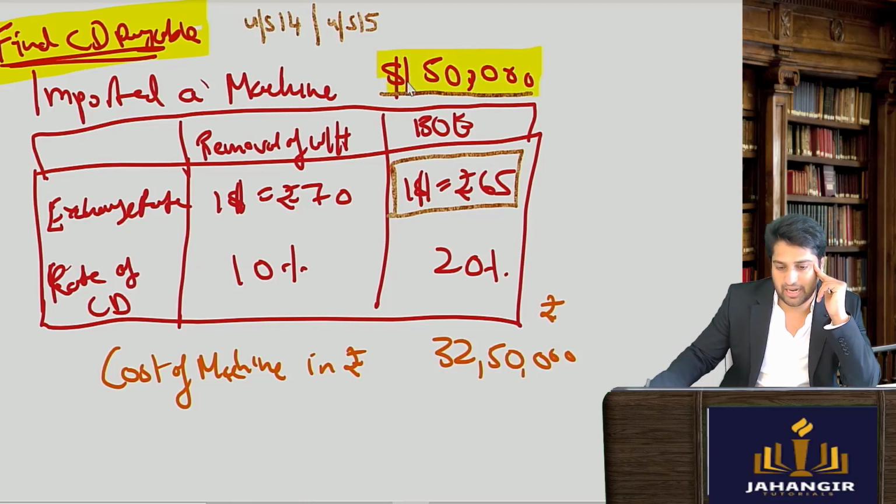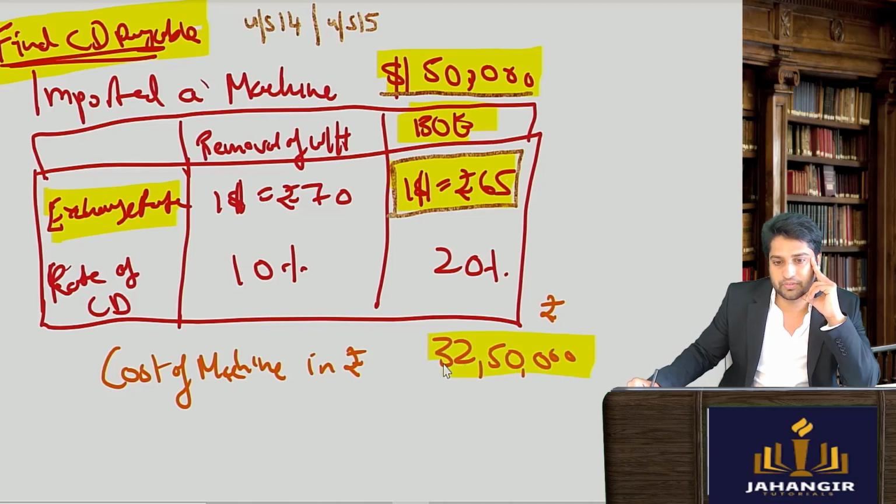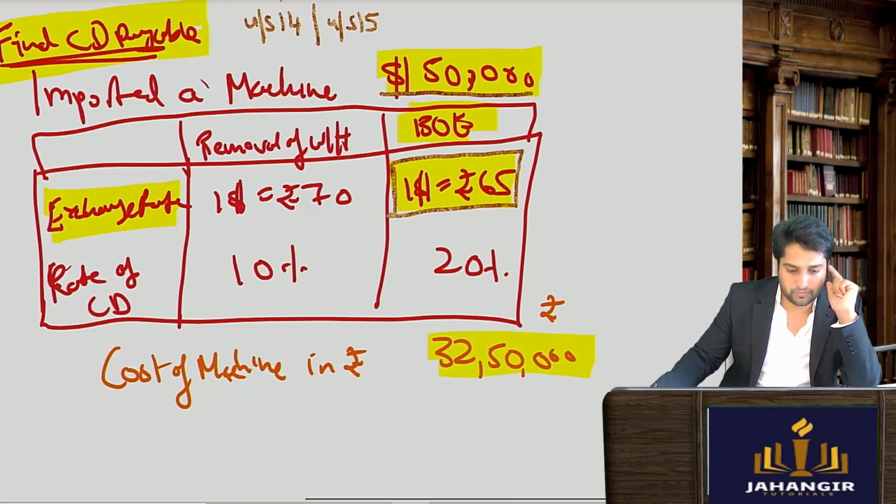$50,000 at the exchange rate when it was 65 rupees. So I multiplied $1 is 65. So 50,000 is how much? You'll come to know it's 32 lakhs 50,000. Now this is the value I got. This I came to know the value